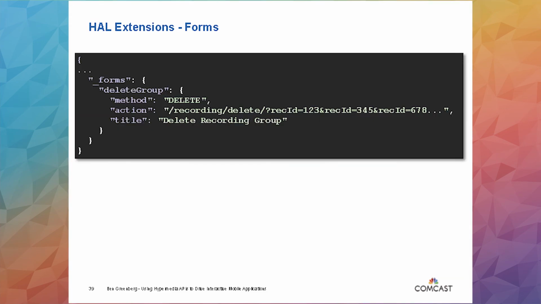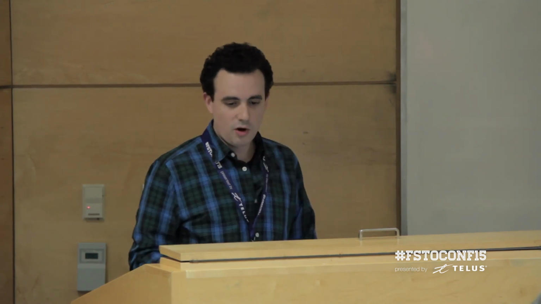So the way that form looks in HAL, in our extension, is we have a form called delete group. Clients know about that. That's all they know. So when we first built this, we instructed them, send a delete to this endpoint. And then we, on their behalf, put all the IDs of the recordings as query parameters. So that's why you see all the rec IDs over there. So for 57 episodes, we were doing rec ID equals 1, rec ID equals 2, rec ID equals 3, 57